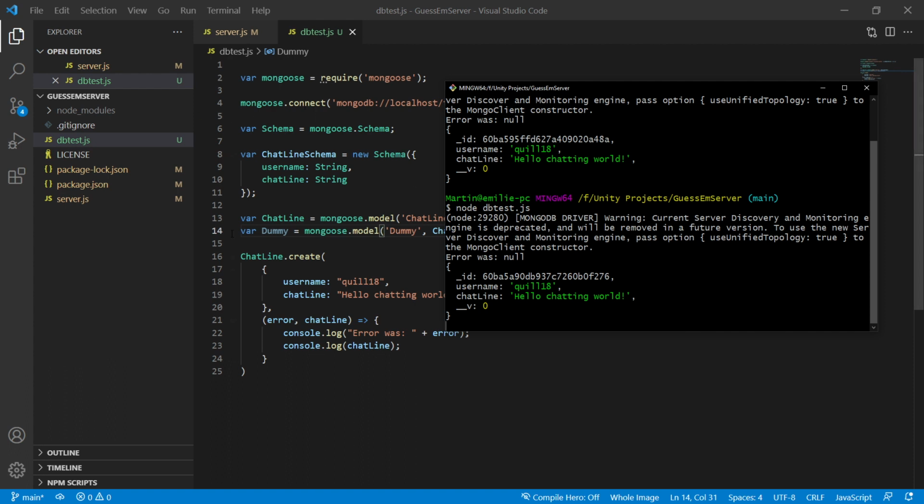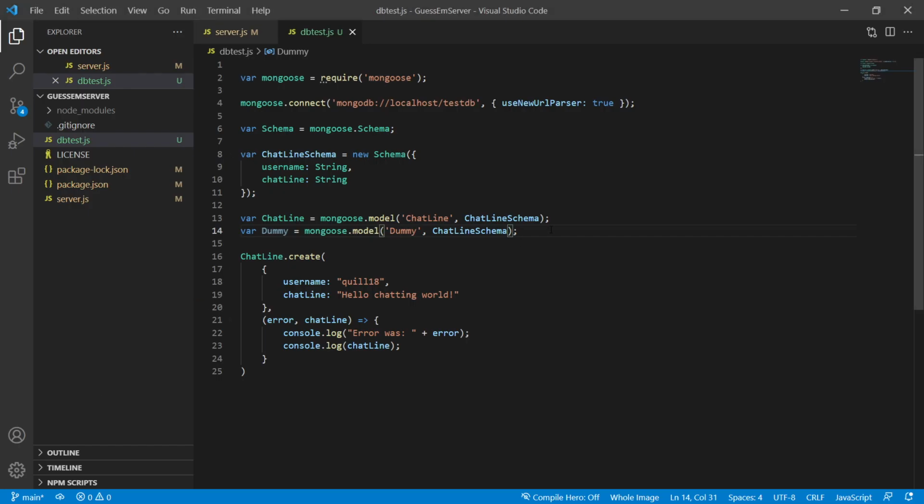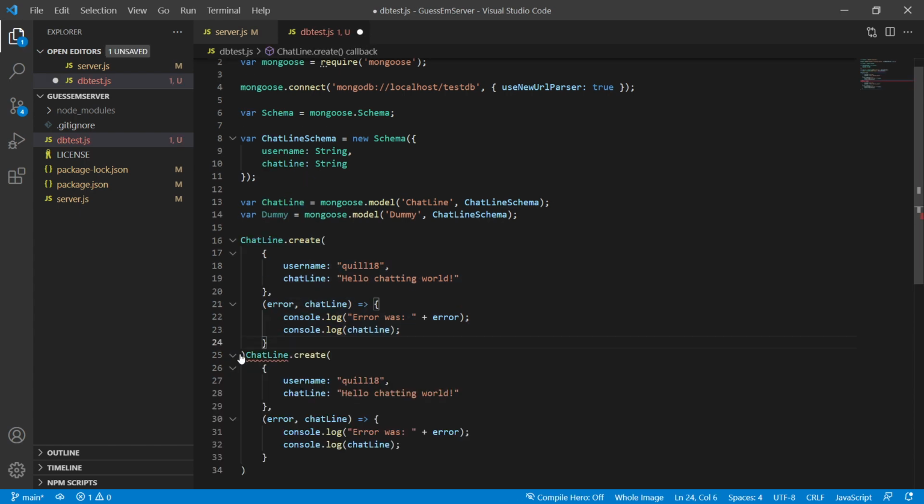So it's in sort of this idle waiting state over here. There's an internal loop with the database. So we're going to run this a second time. I'm going to go back over to Compass. I'm going to refresh, but there's no collection called dummy. The reason for that is that by default, it doesn't create the collection until you add the first record to it, right? So if I take this whole thing and now just make one slight little